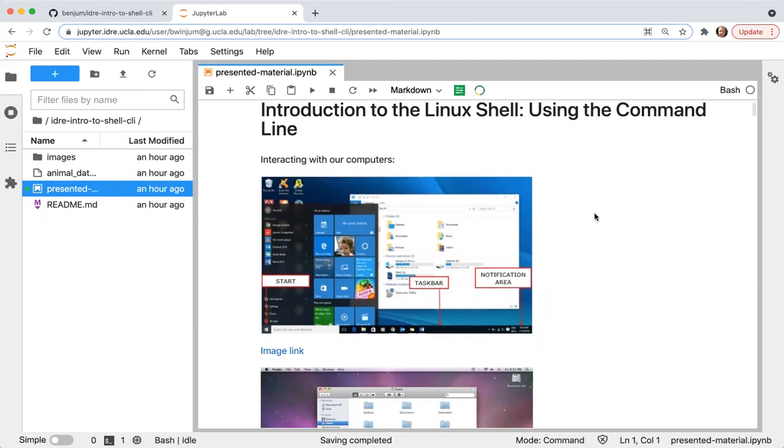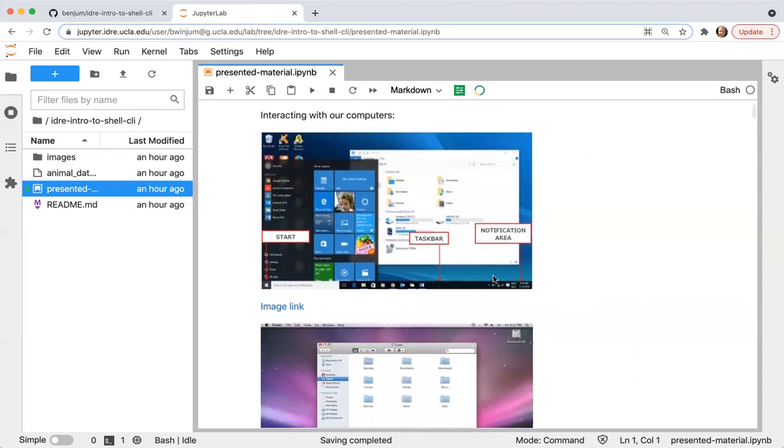In the course of interacting with your computers, some of you might be much more familiar with Windows or with the Mac operating system. This is a picture of the Windows 10 interface. It's a very highly developed graphical user interface where you have a start menu. You can come here and select different programs or applications and launch them. And then you have the option of opening up windows where you can navigate to different files on your computer.